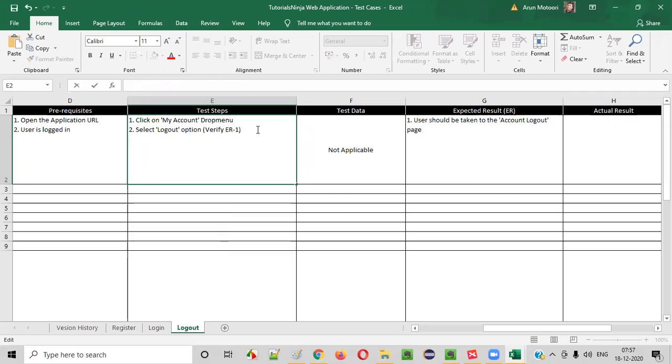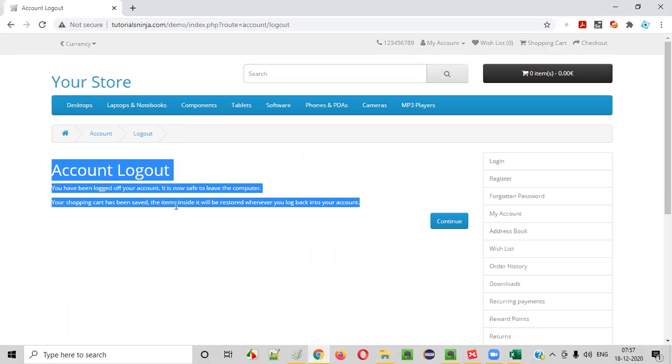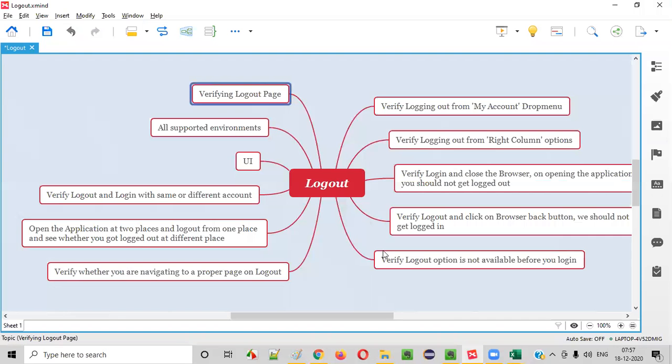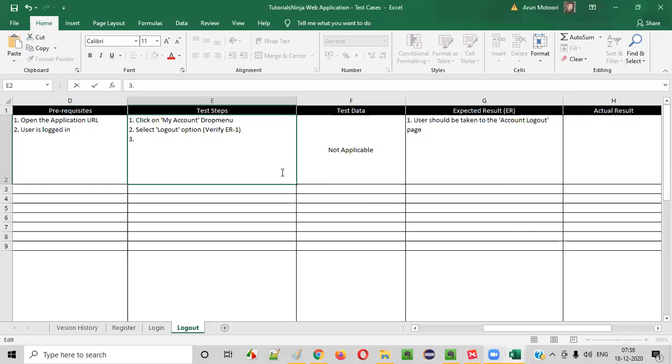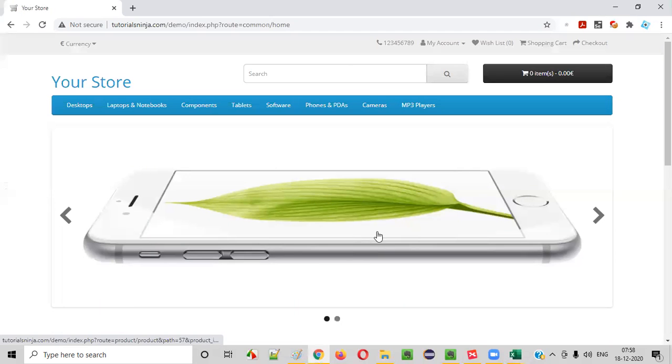Then after this, we'll continue, guys. Okay. So what will we continue? We are not going to verify what is there on this page for now. We'll be checking that as part of the verify logout page functionality. For now, we'll simply click on the continue button, guys. We'll simply go with the flow for now. Click on continue button. Then verify ER2, expected result 2. What is expected result 2? When you click on the continue button, user should be navigated to the